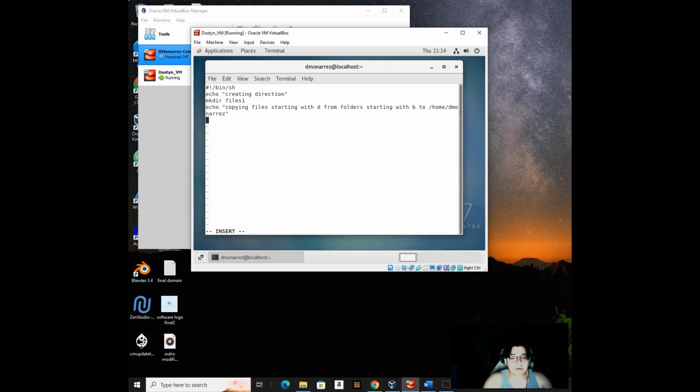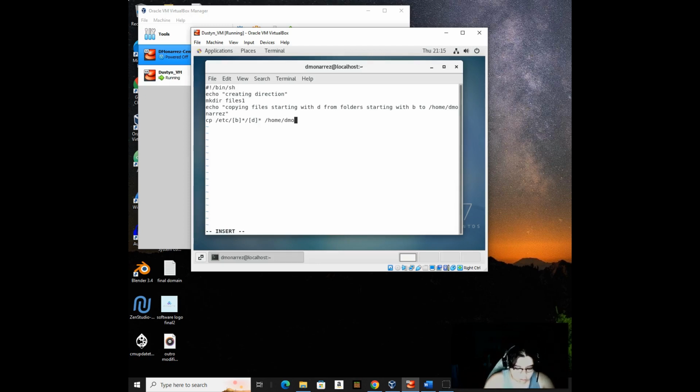What this script is going to do is copy all those files that we require into another file, making it simple. So now that we wrote that print statement, what we want to do is copy the file. So we're going to write the copy command, cp. We're going to copy the etc, b, we put the asterisk, put the d, the asterisk,